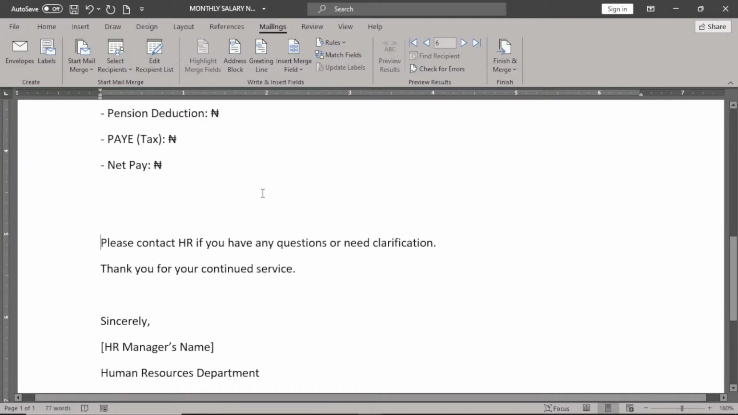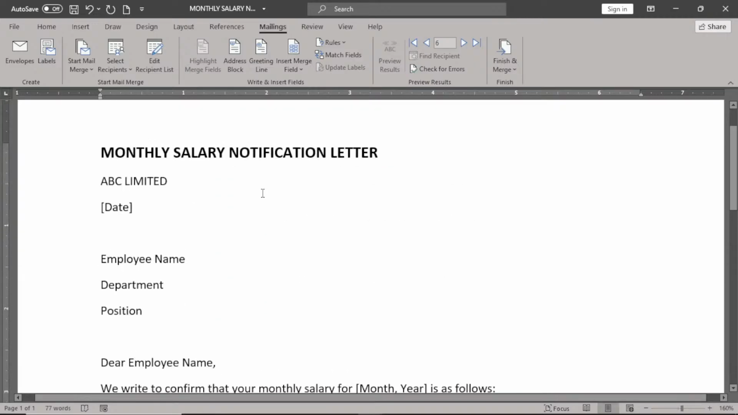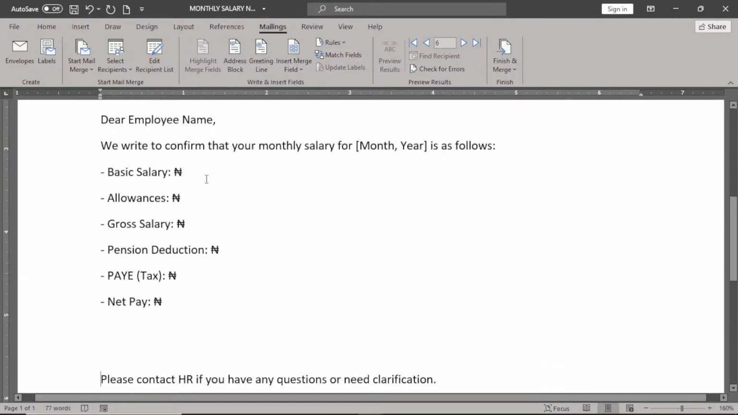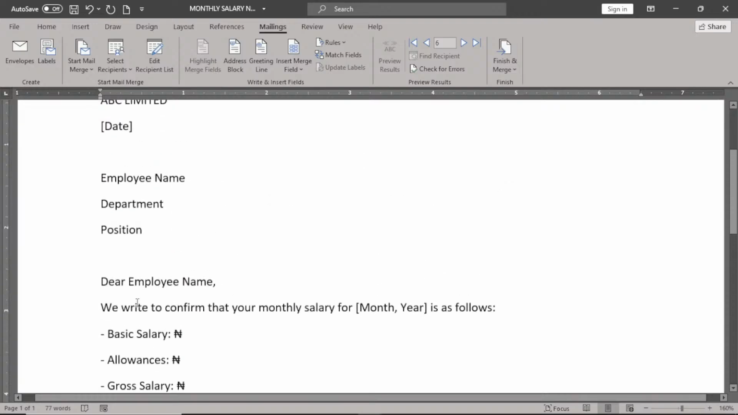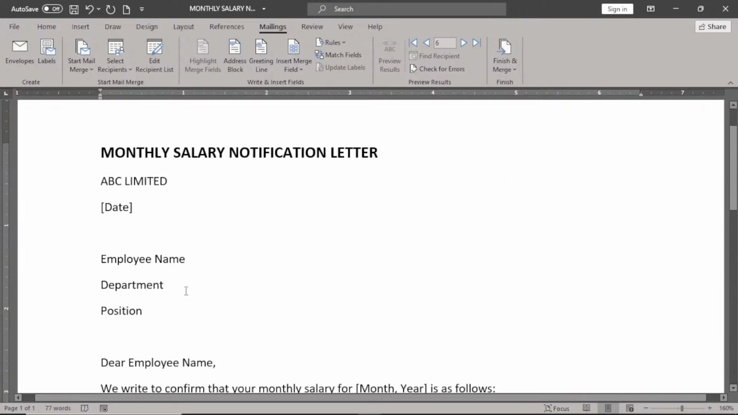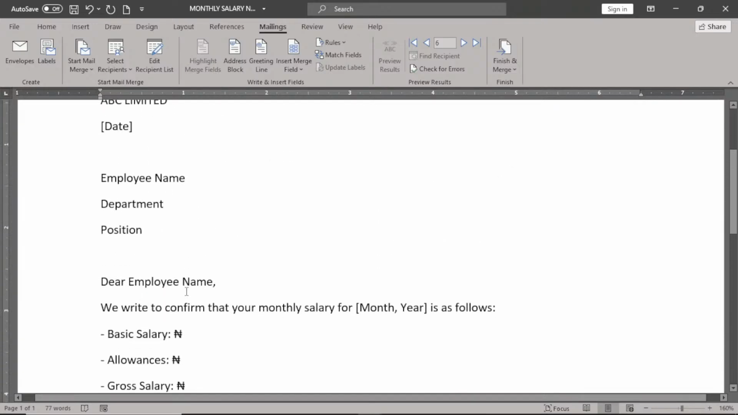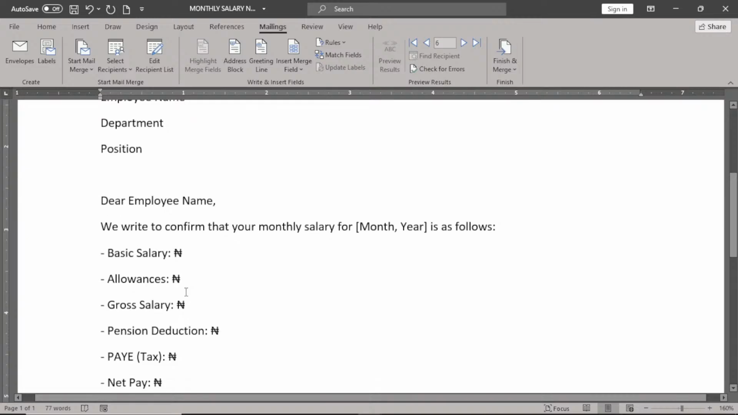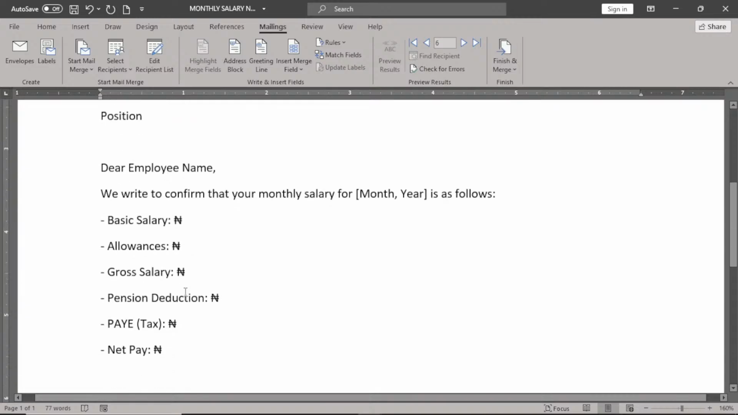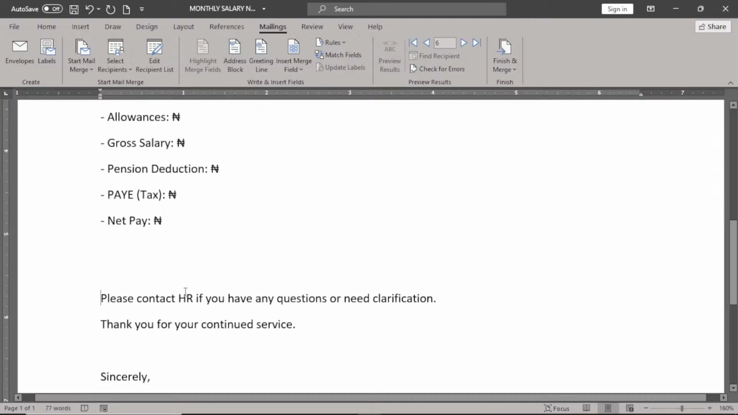You want to notify them certain stuff. And here we want to tell them, okay, this is your basic salary, this is your allowance, this is your gross pay, this is your pension, this is your tax, net pay. And then we are sending this notification letter to all the employees concerning their salary so that they see if there is any complaint, if there is any questions to ask, the person will ask before the salary is being